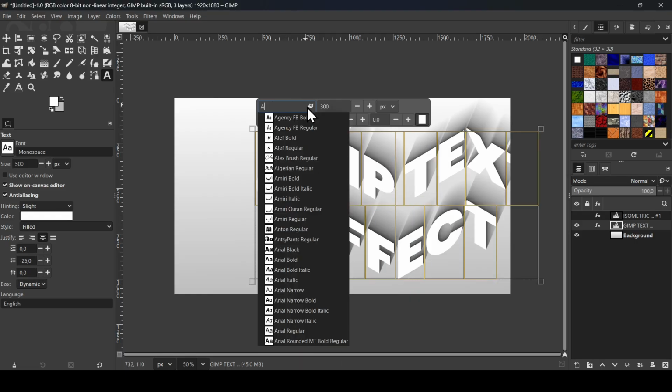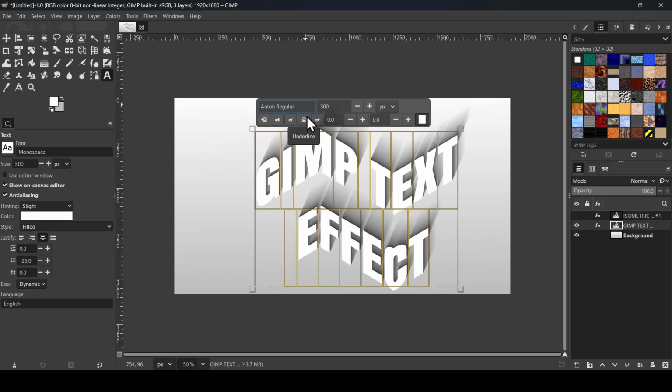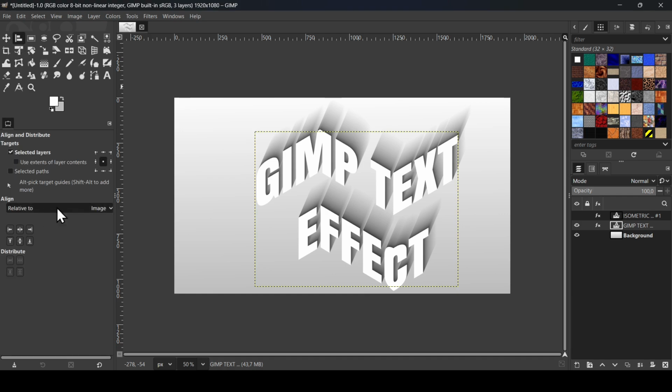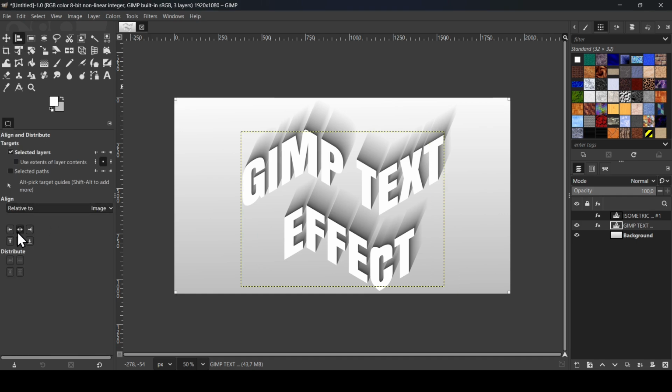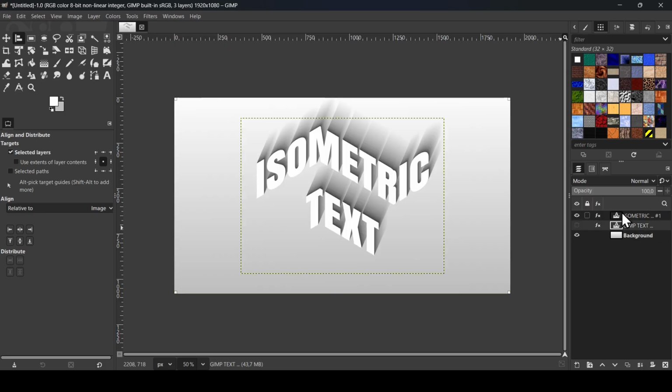So let's go back to our previous font. So I think I'm going to leave it here. And now let's select the alignment tool. Make sure the align is relative to the image. And now let's align it horizontally and then vertically. So there is a small issue here because of the ripple effect, but it's okay. I'm going to bring the previous one